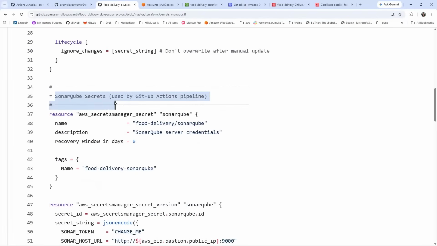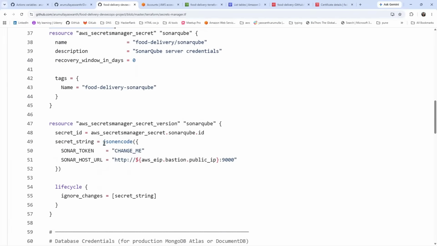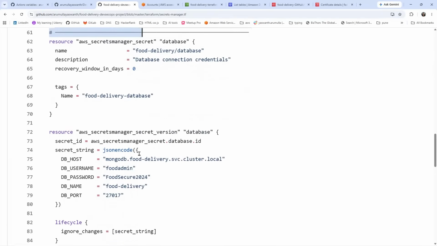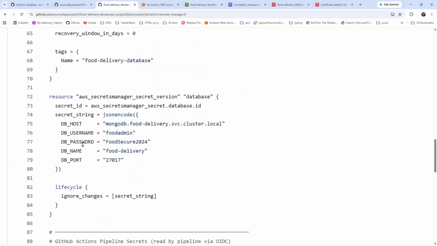For SonarQube, here we need to give the SonarQube token. The IP address automatically updates to the Bastion server IP address. And here you need to give the token ID. And here the database credentials. All these database credentials I hard coded. This is the database host name, the username, the password, the database name, and this is the port number. Usually I hard coded